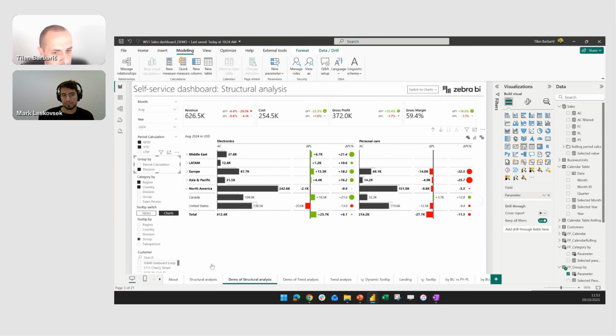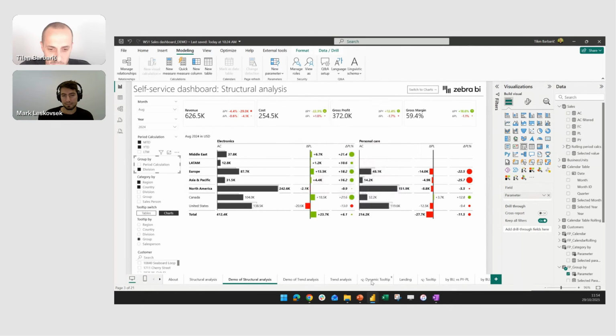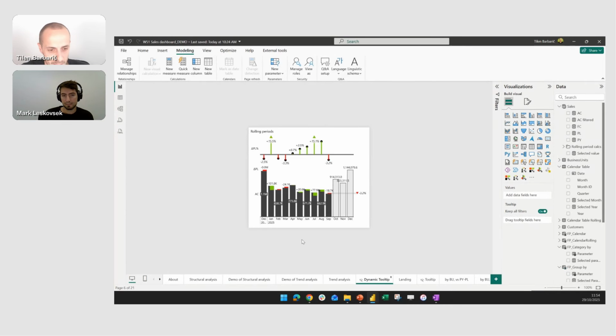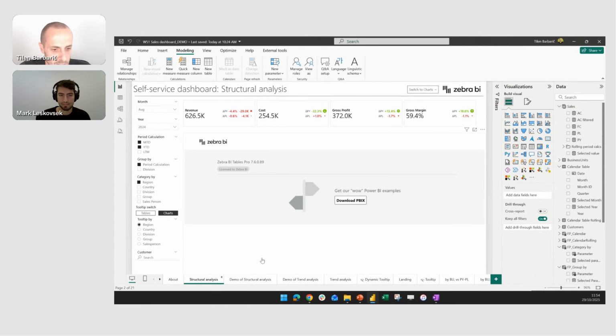Now, as I was explaining this, you may have noticed several times I've hovered over particular columns or values, such as in this case, right? And I will get additional insights or a kind of trend insight into each particular number just by hovering over. This is a tooltip. I mean, you've probably all heard about it. It's nothing special. It's a separate page that I've enabled as a tooltip. We'll actually share the detailed explanation of how to do that. I won't go into details right now, but essentially,